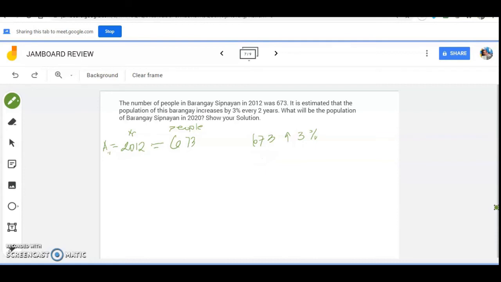Let's go back to your business math, if you remember it. What is the 3% of 673? Of here is similar to multiplication. Okay. But before doing that, you have to convert this first into a decimal number. So, 3% is 0.03. Correct? Forget about business math for now. Okay. Then, multiply it to 673 to get the 3% of 673. So, the 3% of 673 now is